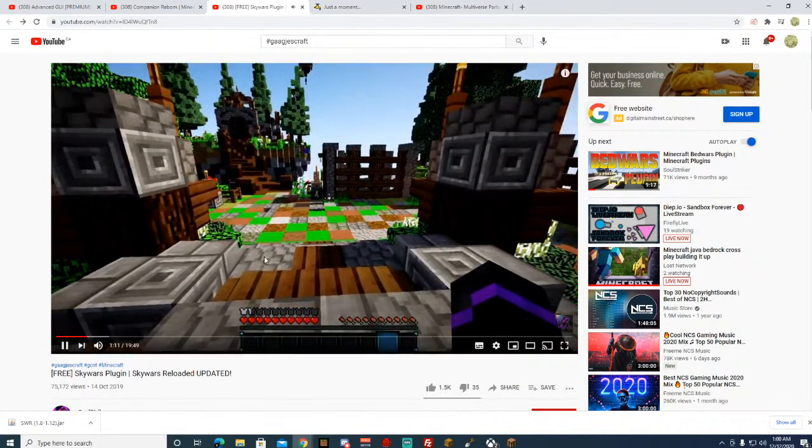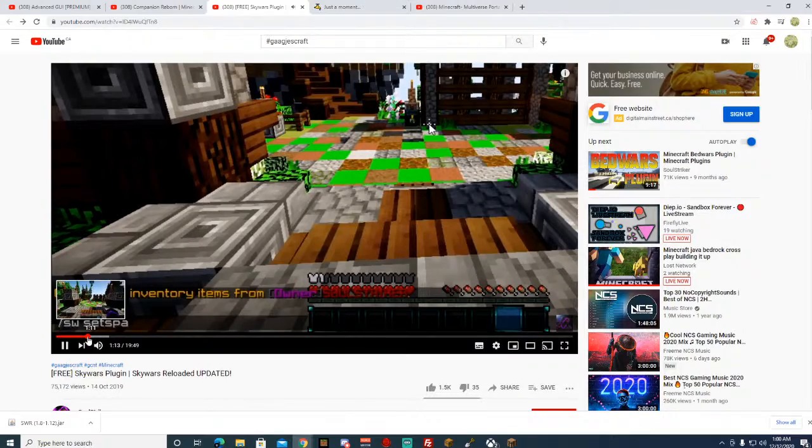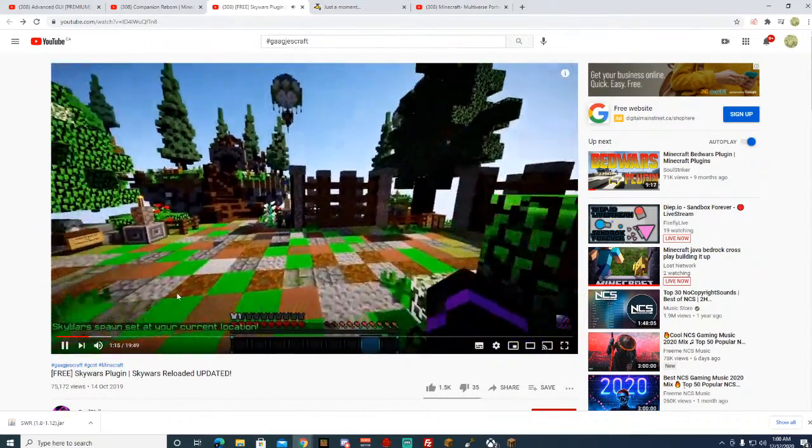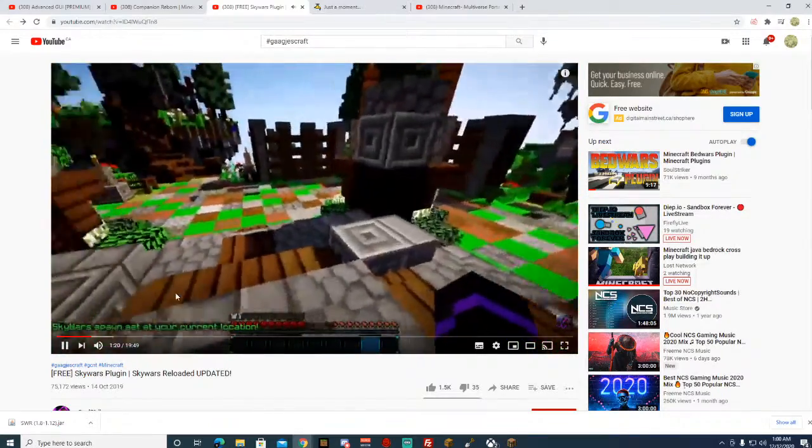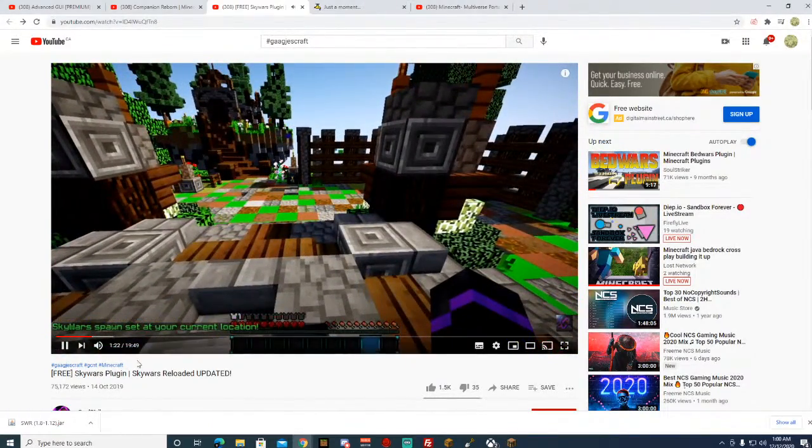I'm just going to set it right here. So we'll do SW and then set spawn, and that will just set your lobby spawn so players can come down here, click the signs, and see the leaderboards, etc. So once you have done that, now you can go ahead and start making your arena world. So to do that,